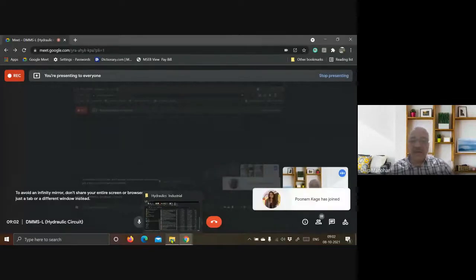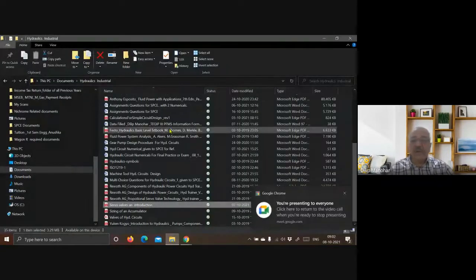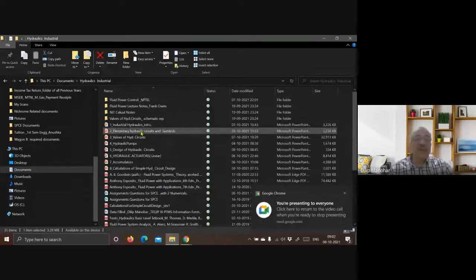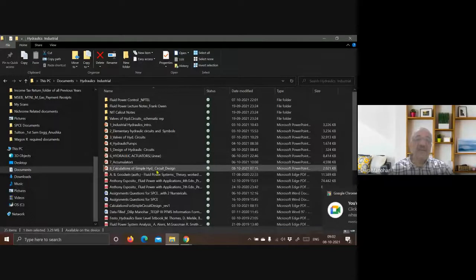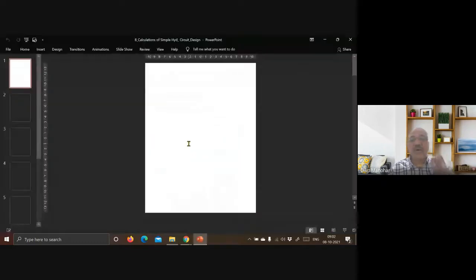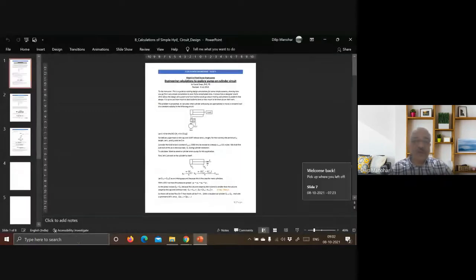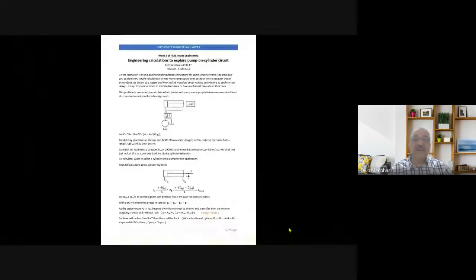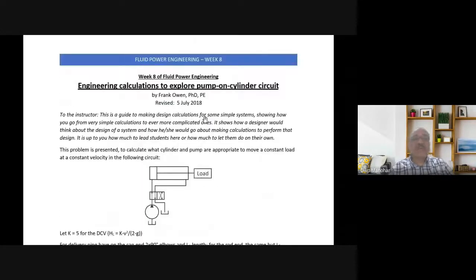Today I'll start with a slightly different topic than yesterday, because I want to show the calculation of a simple circuit design. I'm planning to do one sample calculation for all of you so that we understand this circuit design in the most effective way. I'll be sharing one sample calculation which is taken from some resources.